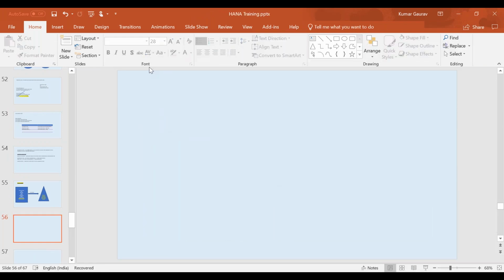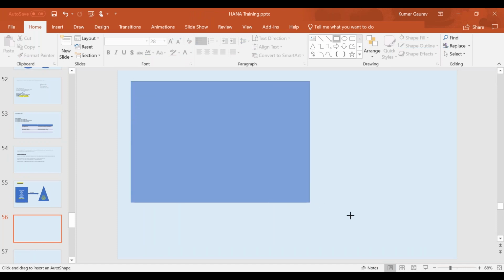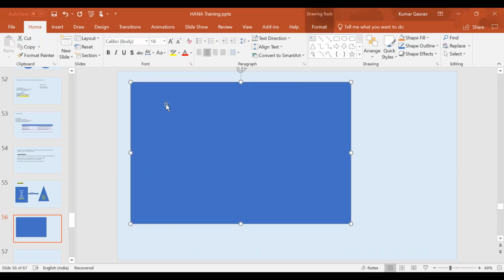Okay, so what is input parameter and what is variable? Let's try to understand the picture first of all. Whenever you build a view, you get the entire output in the data preview, whatever we have seen so far.